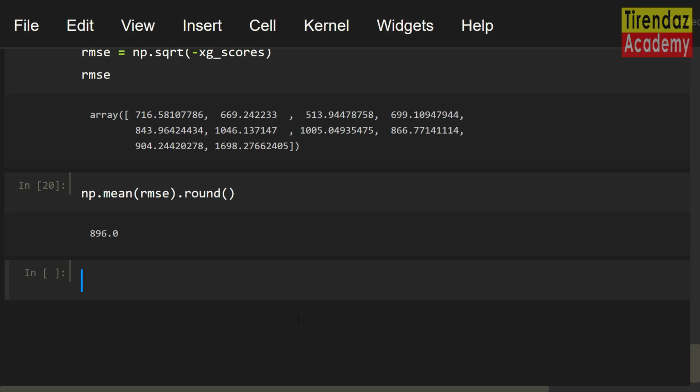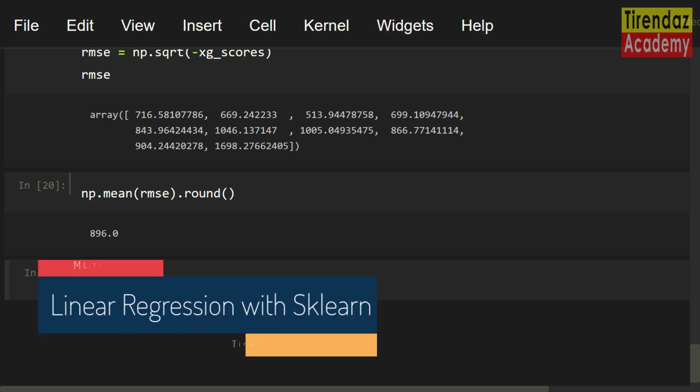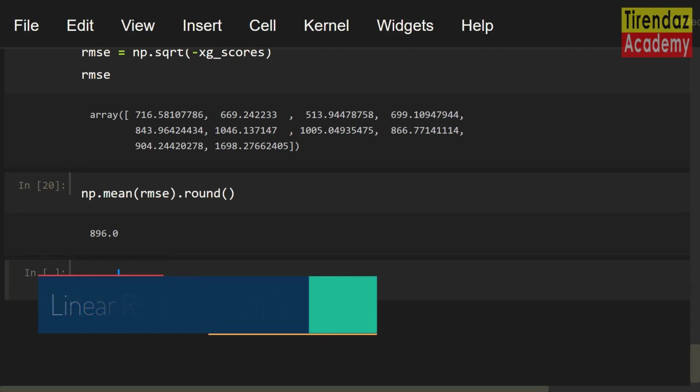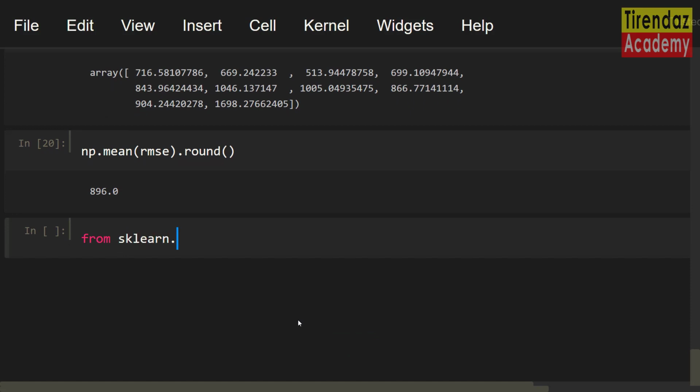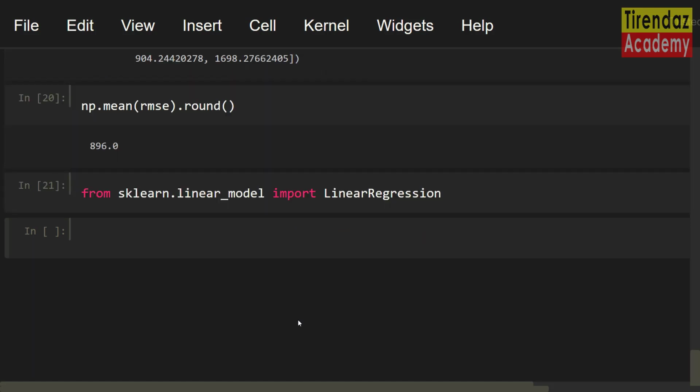Okay, we built an XGBRegressor model and saw the performance of the model. Let's compare this model with a regression model. To do this, I am gonna train a simple linear regression model. Let me import the LinearRegression class from sklearn.linear_model import LinearRegression. Let's create an object from this class. lr equals LinearRegression.